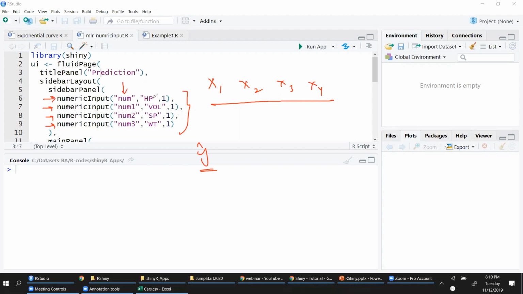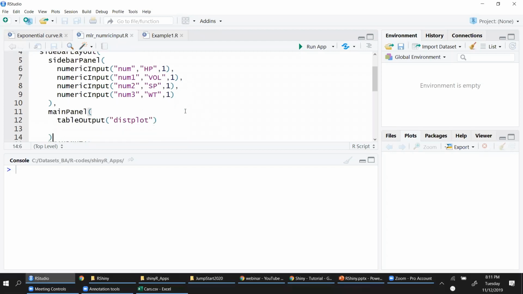So I'm passing them as input values. And I'm calling number, which is going to be represented for horsepower. Number 1 is volume, number 2 is your top speed, and number 3 is weight. So this is how I'm representing the variables that I'm going to pass as input. And this 1 is basically the default value which is going to be shown on the HTML page or dashboard.